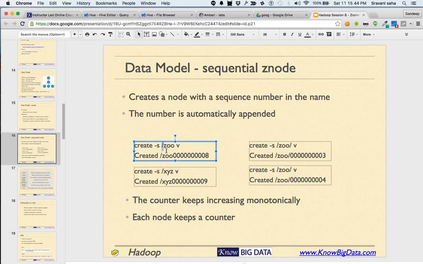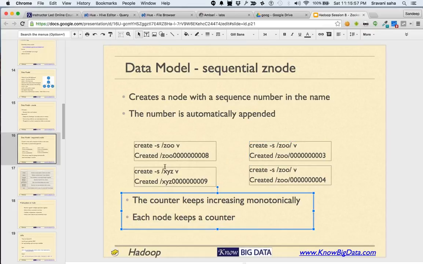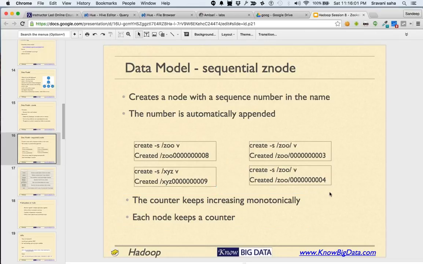For example, right now slash is carrying 8, and now after this slash is carrying 9 as the running number, but slash juice slash is carrying 3, and so on. So the number keeps on increasing monotonically per Z node. Okay, so